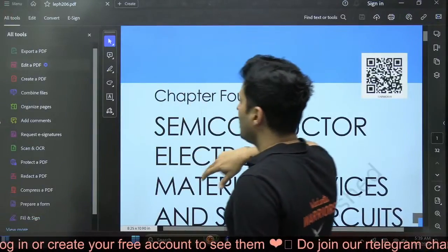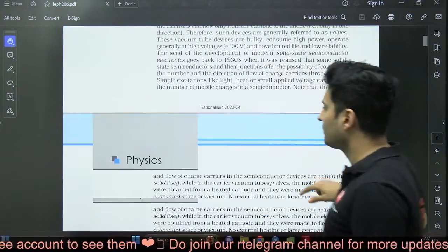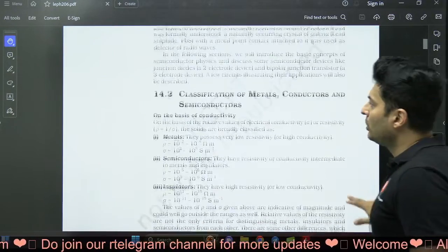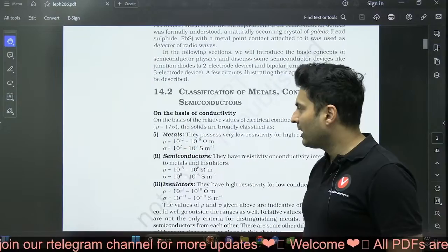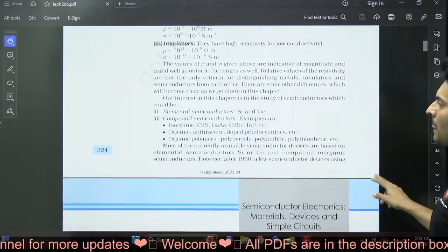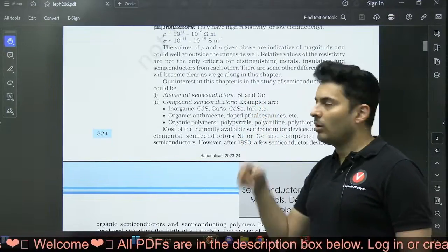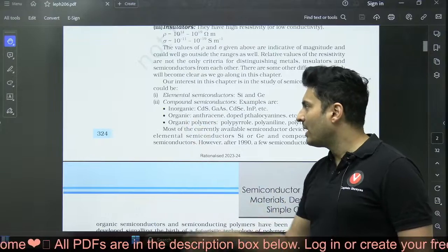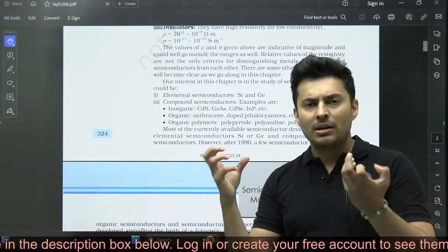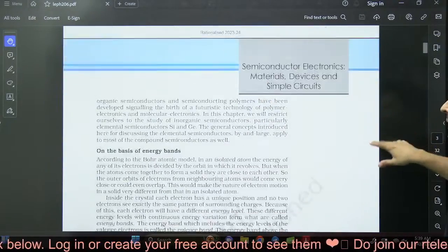there. In semiconductors, what are the different formulas that we have? You should know resistivity is 1 by conductivity. You should know the approximate range of resistivity just in case. Okay, then the examples of semiconductors: elemental type silicon and germanium, compound type CdS, GaS, CdSe. Okay, these are compound type. That means two elements combined together to form a compound and they behave like a semiconductor. Okay, then